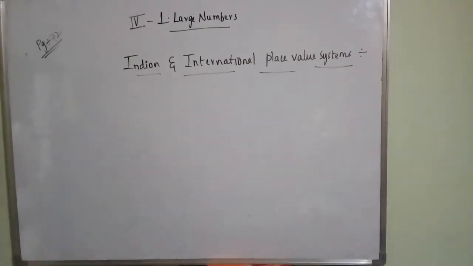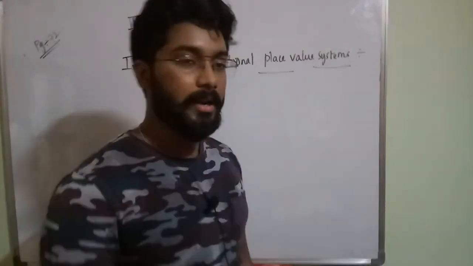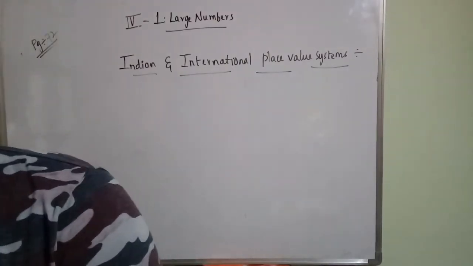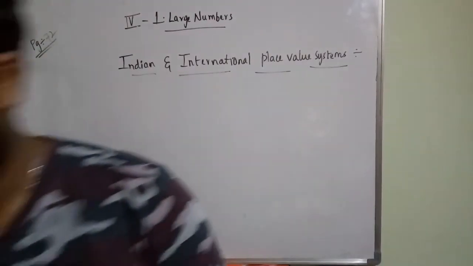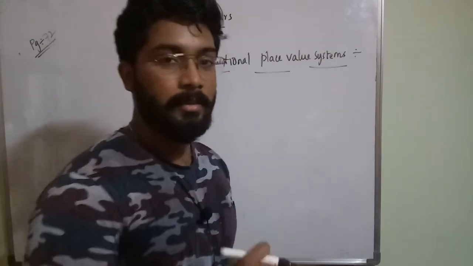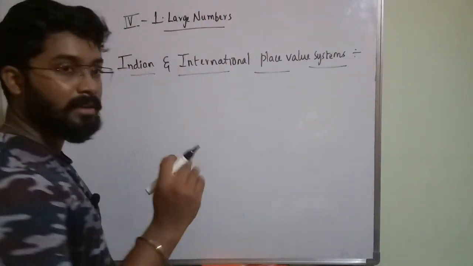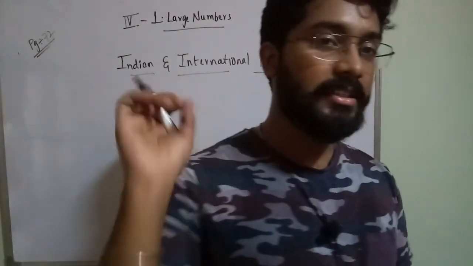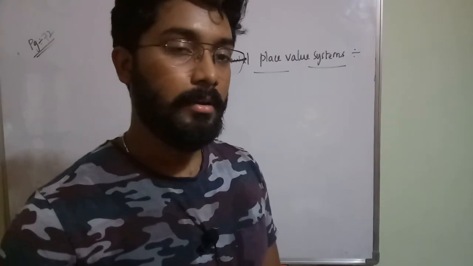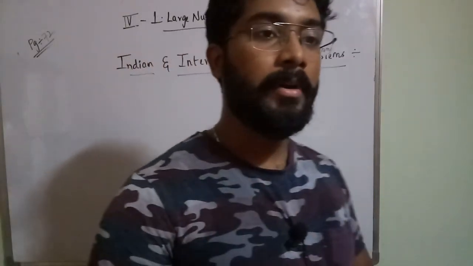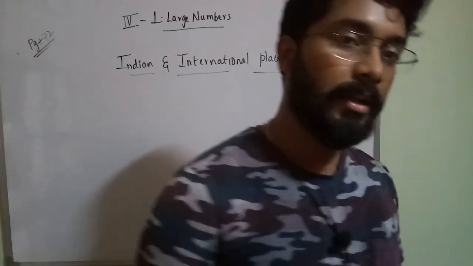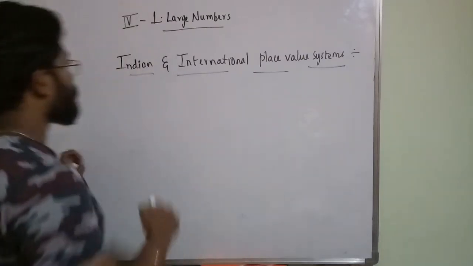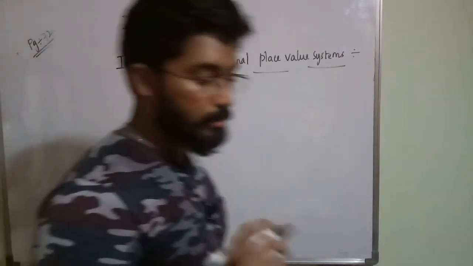So for small digit numbers you can write the number name, and you can separate the commas easily, no? For 4 digit number, 3 digit number, you can do it very easily. But for larger digit numbers, suppose there is a 10 digit number, a 15 digit number, how can you separate it? How can you write the number? If you separate it by commas only, you can write the number name, no? So how to do that? For that there are two types of systems, Indian and international place value systems.